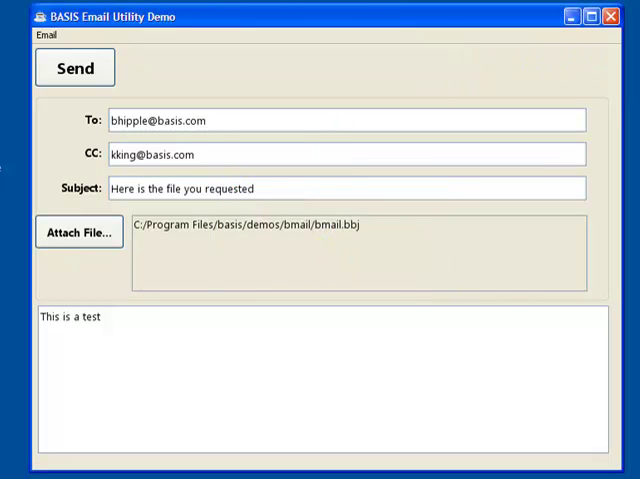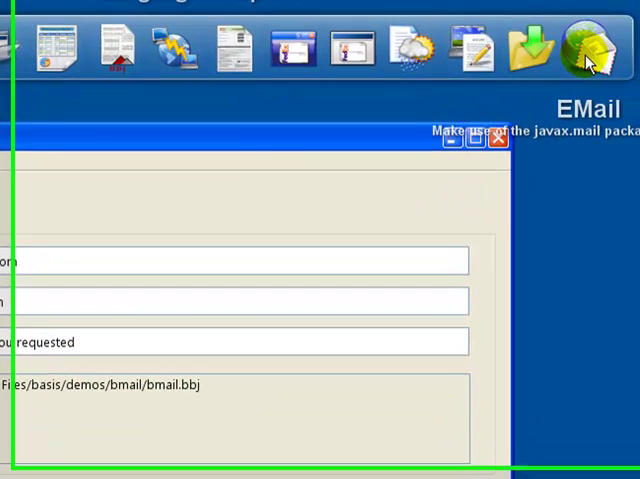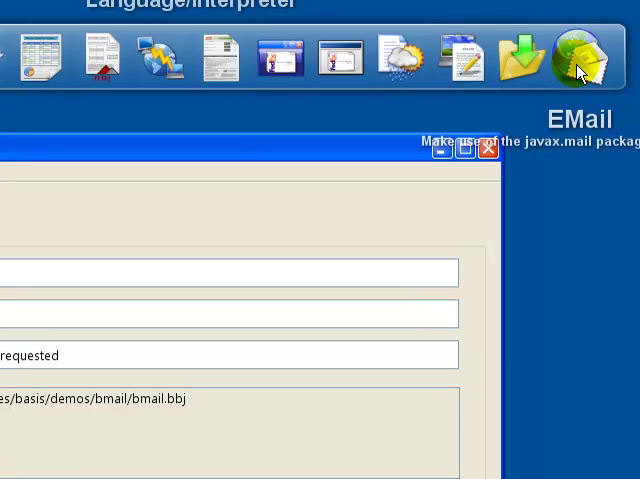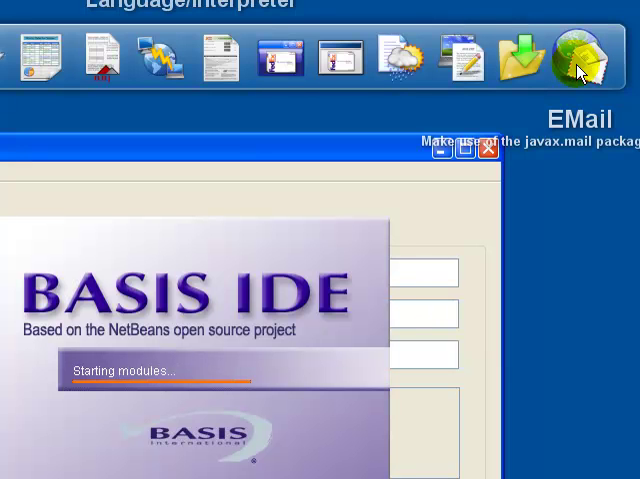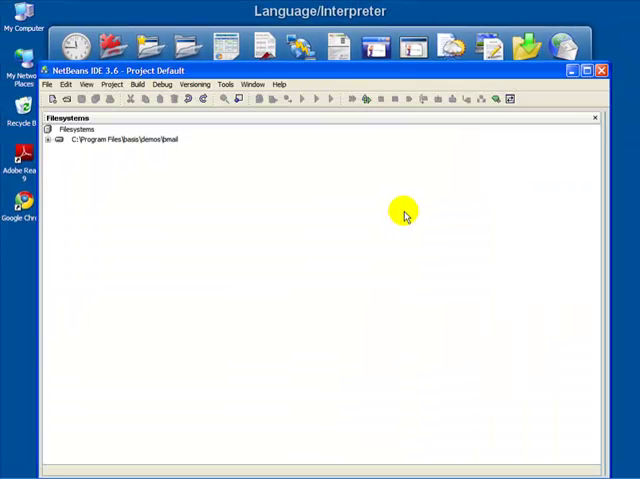So let's go ahead and take a look at the source code for this program. And by the way, you can always right mouse click on the launch dock and it'll show you the source code of the demo program that is being run. I'm going to right mouse click, and sure enough it brings up the Basis IDE and shows me